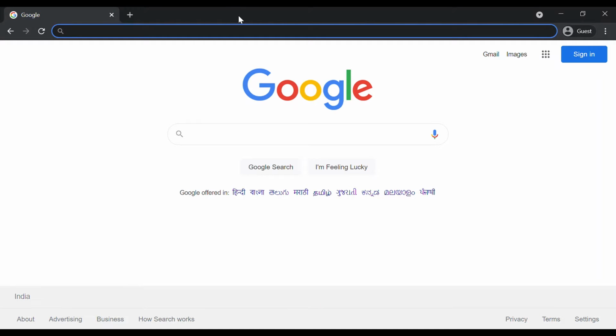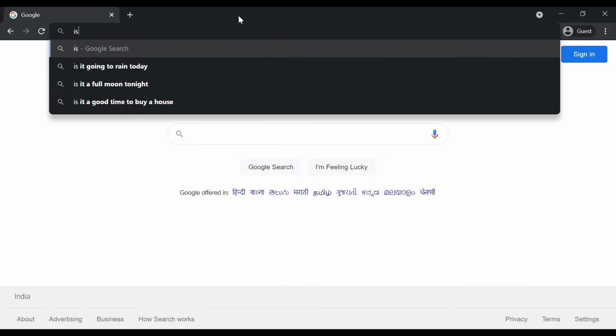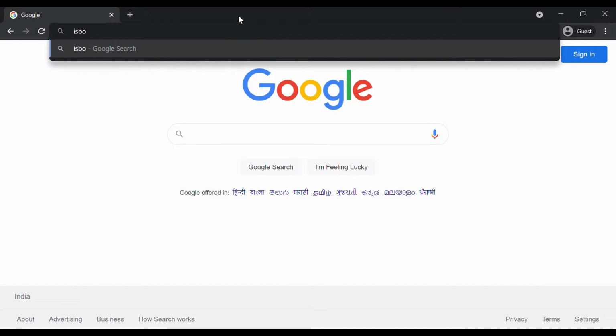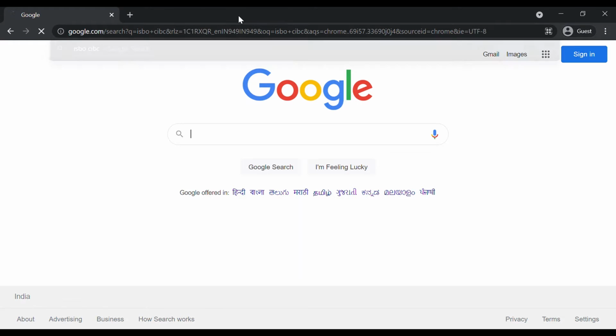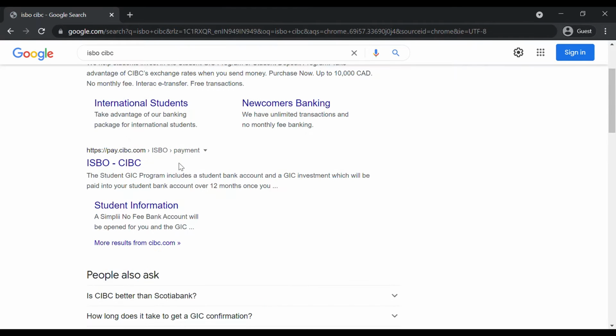Hi guys, today I'll be showing you how to create a GIC account in CIBC Bank. First, you need to go to ISBO CIBC, click on this link